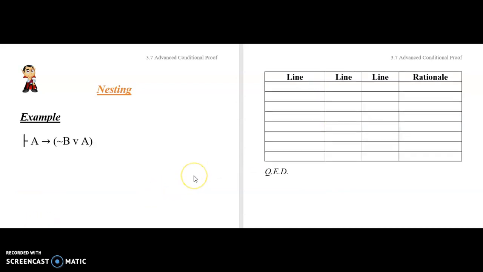Okay, so I want to make sure we're on the same page here. Okay, let's try this one, and I'm going to give you a little bit of a start here. So in this case, what would your initial assumption be if you were to use CP to prove this theorem? Okay, so you're looking at it, and you notice it's a conditional, so you would assume A, right? So we're going to write A, and that's going to be a sum, and you're looking for not B or A,